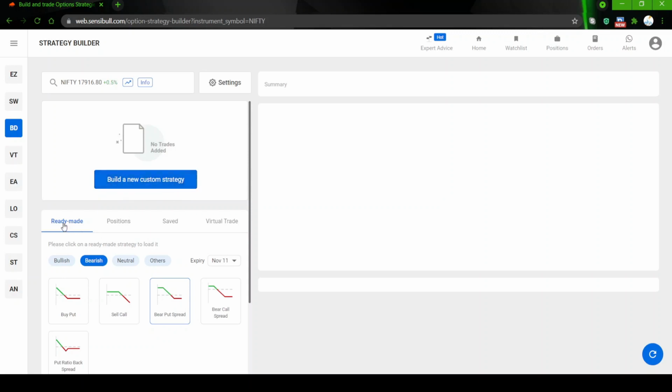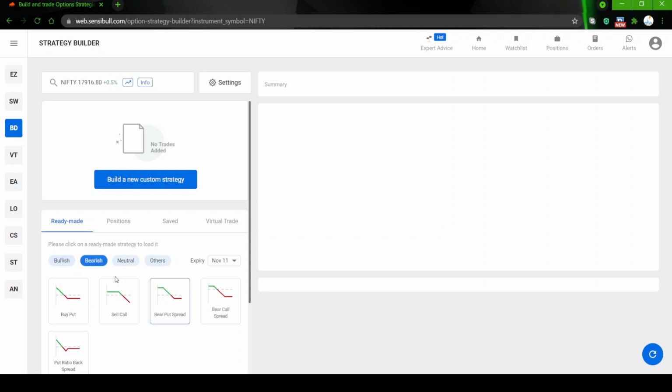Right now I am going to do the ready-made strategy. Initially it will be like this. For the bullish view it will come like this. The call ratio back spread we will discuss later. This is also part of the bullish spreads, but this is not a vertical spread, because this involves three options, not two. A vertical spread is one of bull call, bull put, bear call, bear put, which we are going to talk about. That involves two options.